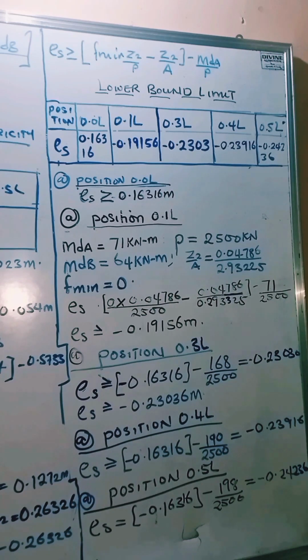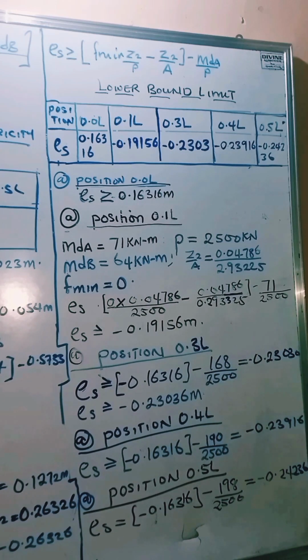Okay. All right. So let's look at position 0.3 L. Now, if we look at 0.3 L, we can equally obtain the eccentricity in a similar manner. We have that to be minus 0.23036 meters. Likewise, position 0.4 L will have the eccentricity to be minus 0.23916 meters. The last we have on the board is position 0.5 L, which happens to be the midspan of